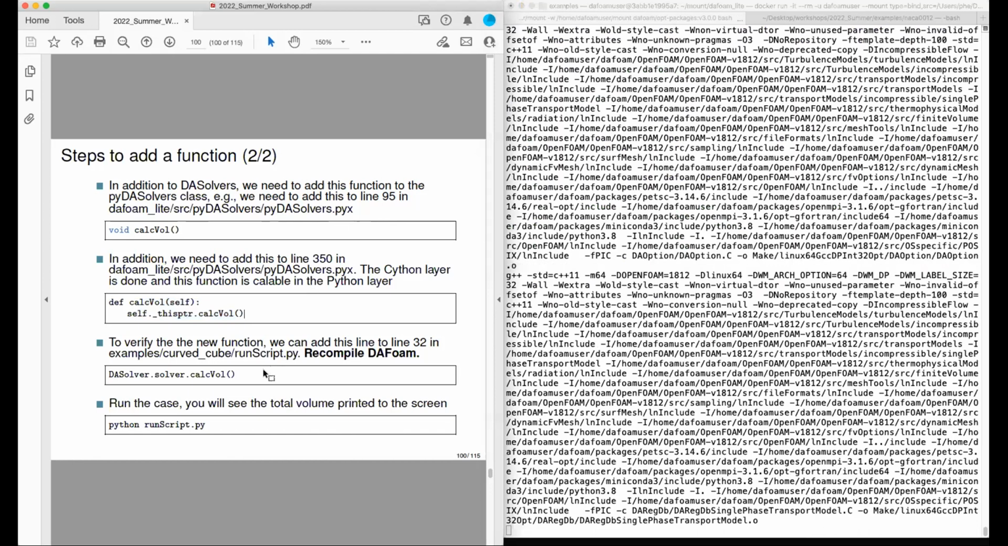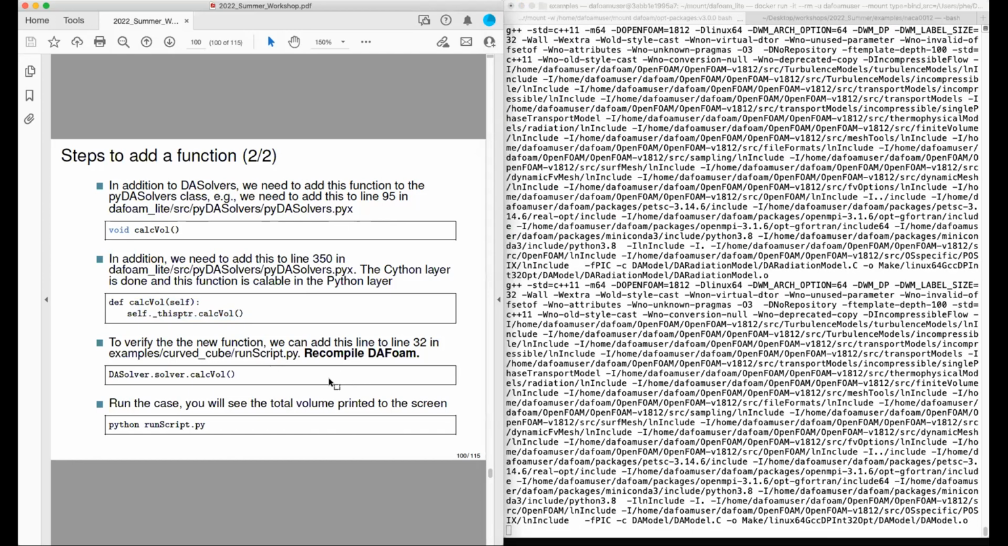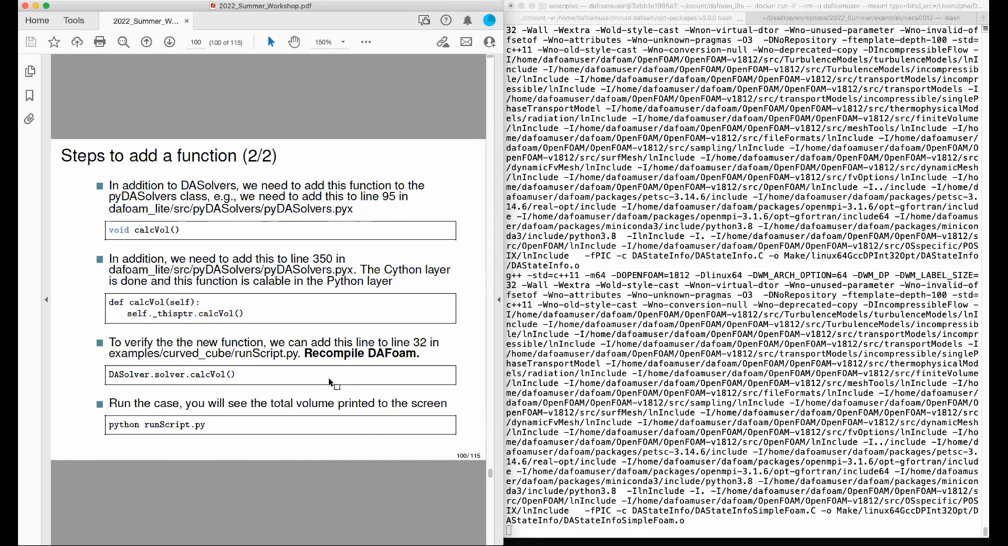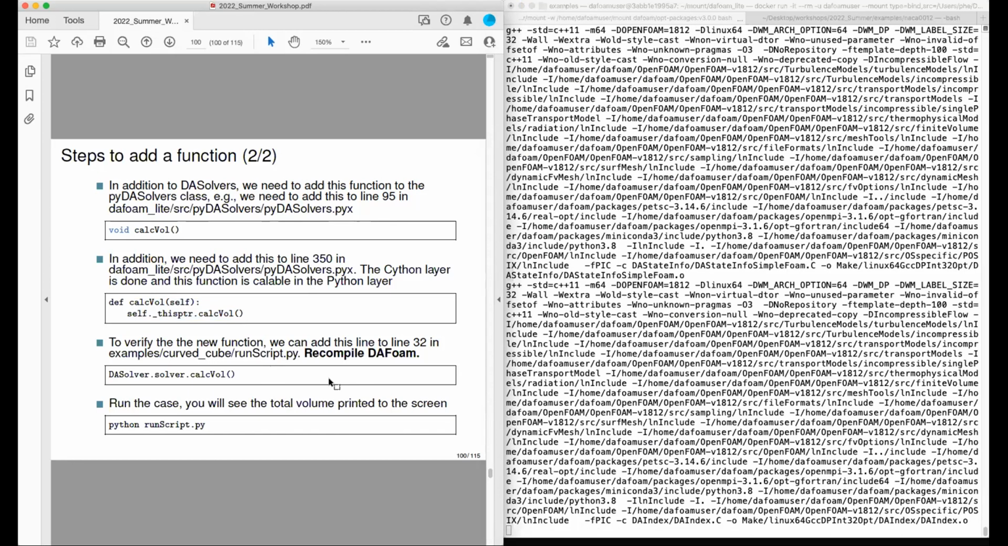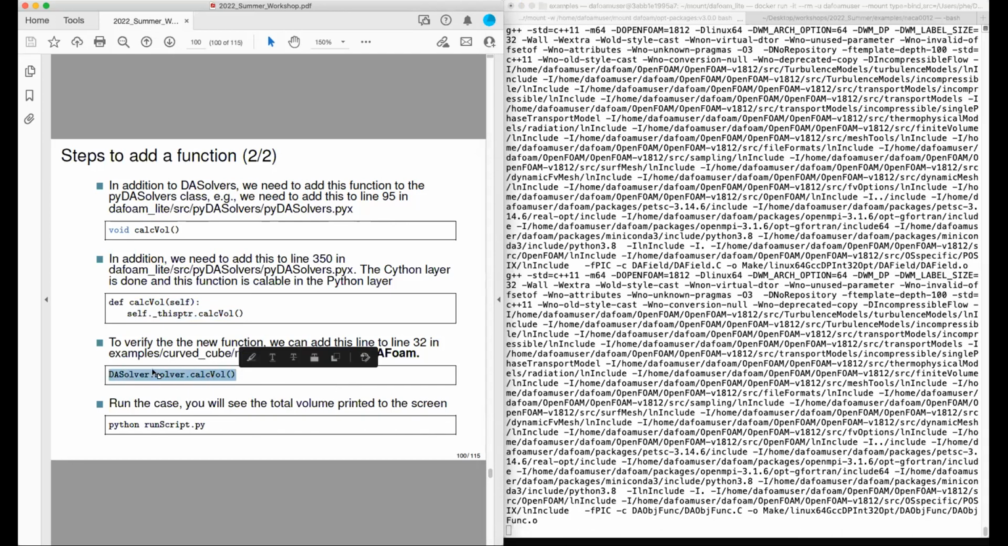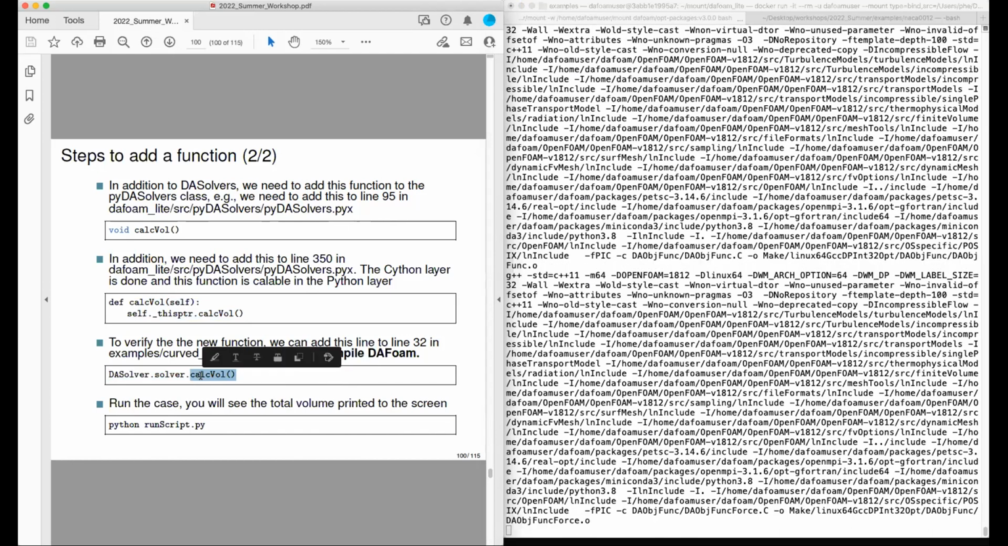While this is compiling, our next question is that now we have a new function that calculates the volume. It has been exposed in the Cython libraries. Then how do we call it from the Python run script? Okay, the only thing you need to add is this DASolver.solver.calculateVolume. So I'm going to explain a little bit how this works